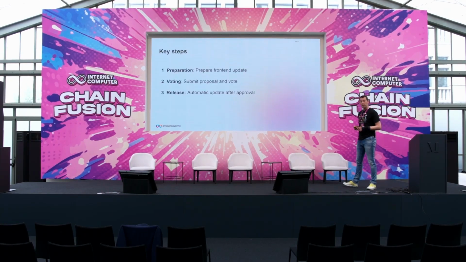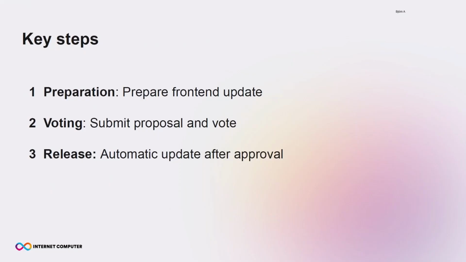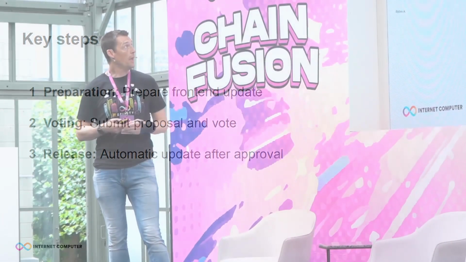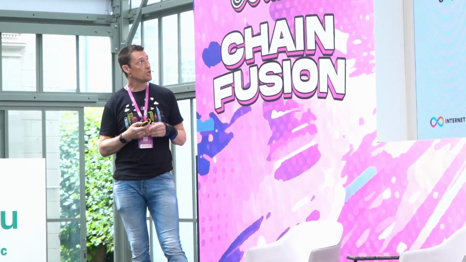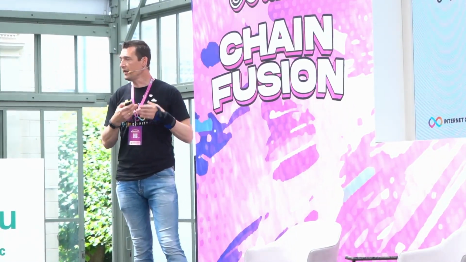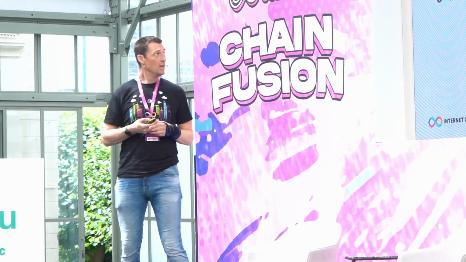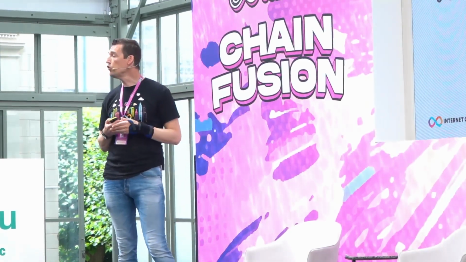Okay, so the steps for running this demo, like how this DAO would actually work, are very simple. There are only three. There is the preparation step, where a developer would actually prepare this front-end update by writing a new version of the front end, and actually also proposing and submitting it. You can also control who would be allowed to do that. They can have a whitelist that controls which developers would be allowed to submit such a